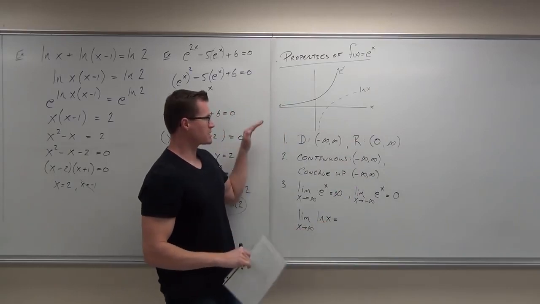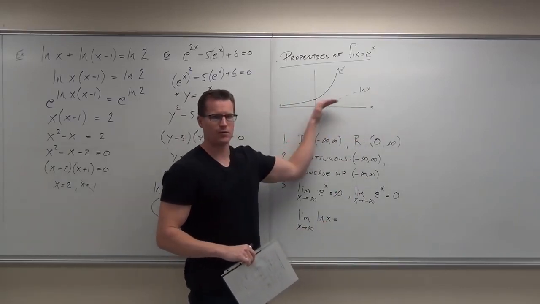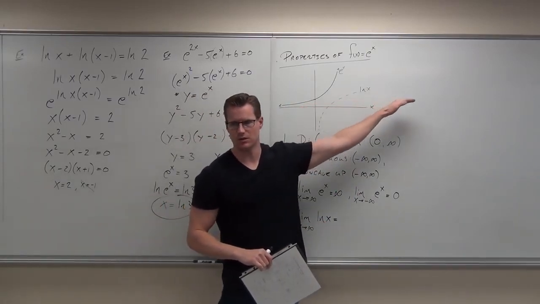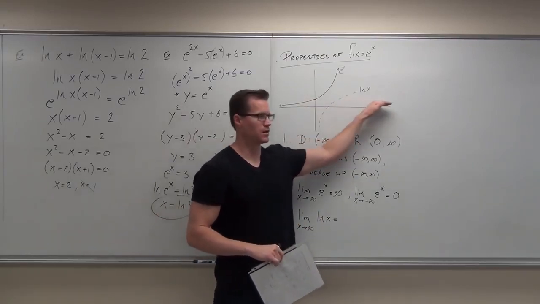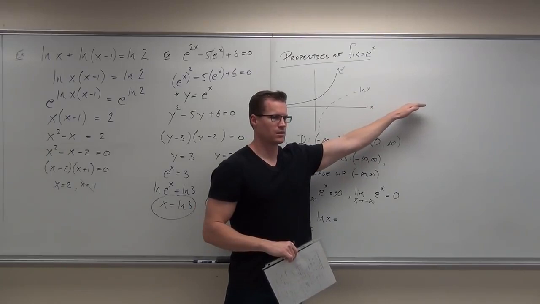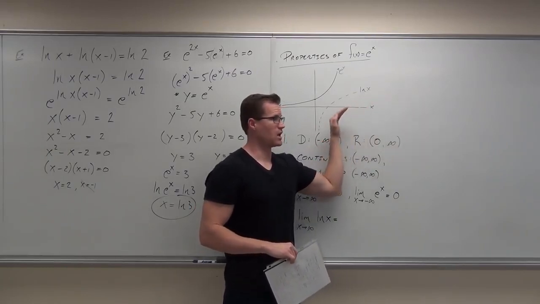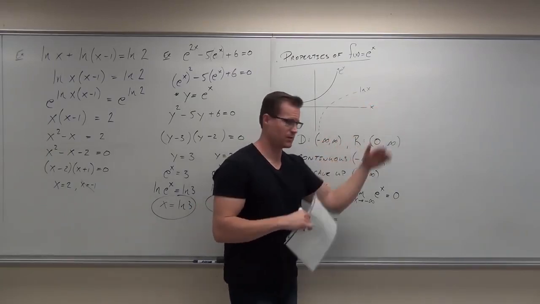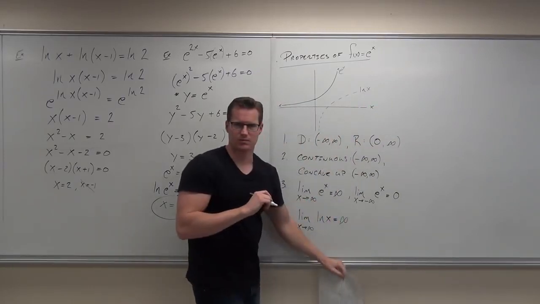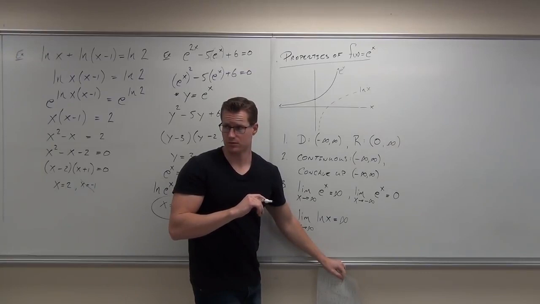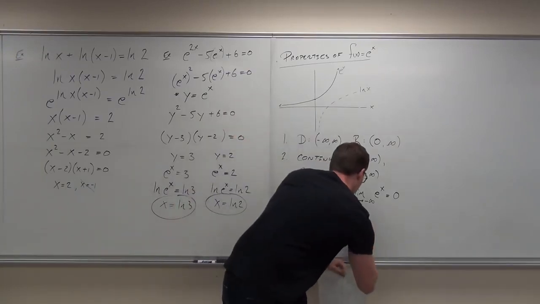If I go to positive infinity for the ln x function, what's the limit as x approaches positive infinity of ln x? Positive. It's still infinity. It's climbing slower, but it's still climbing. You guys okay with that one? Are you sure? Okay. How about the limit